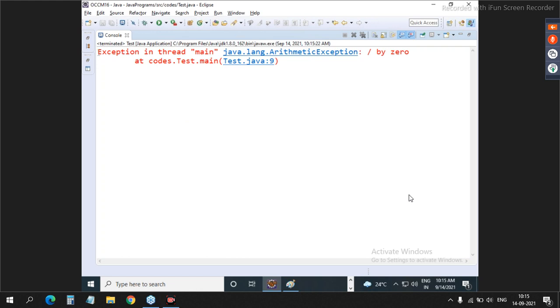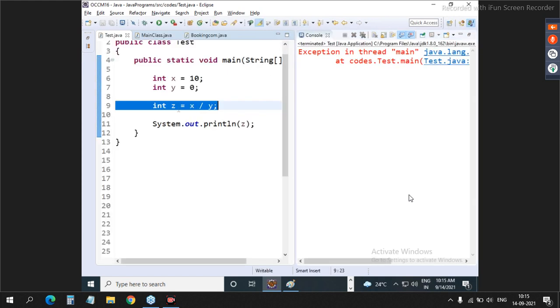And see, exception in thread. I told you guys, in JVM architecture every method call is internally considered as one thread. So in which call do you have an exception? Main method. What is the exception? Arithmetic. Why does the exception happen? Because of divide by 0. At which line does the exception happen? 9. Just click here, and it goes to the line automatically. Is it clear?